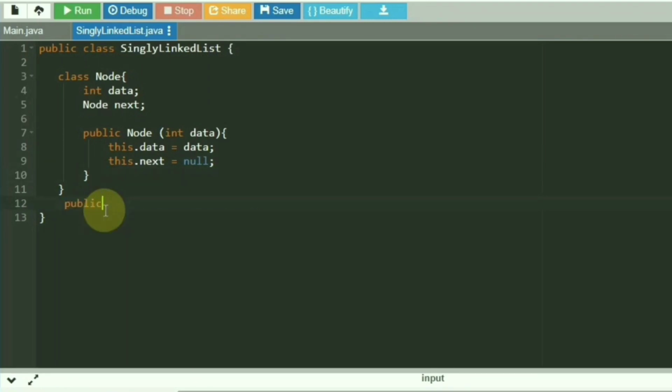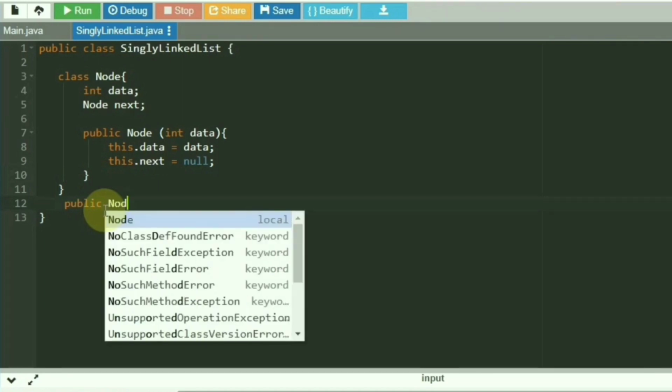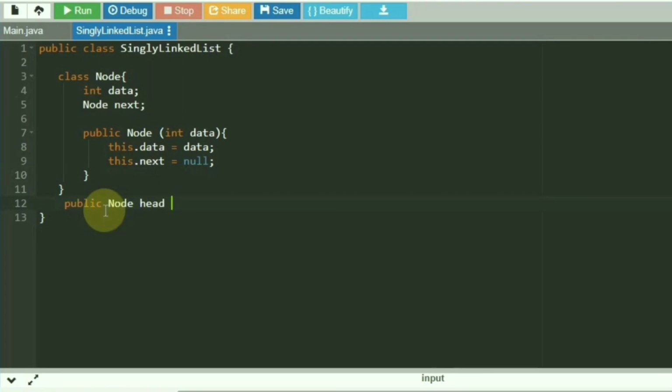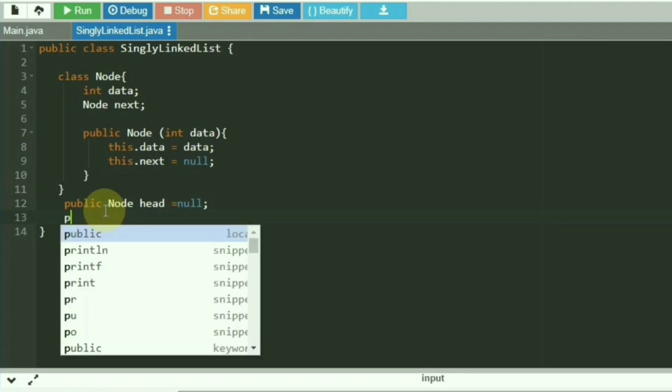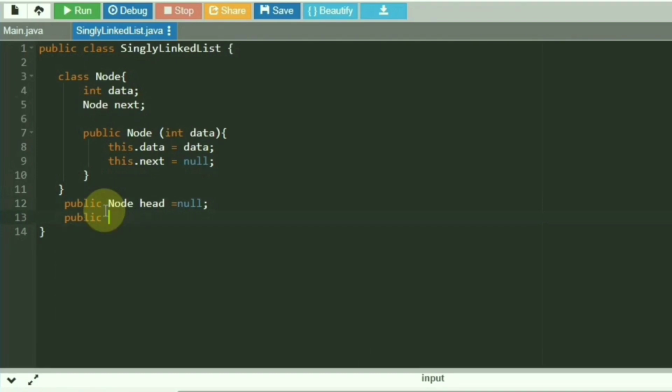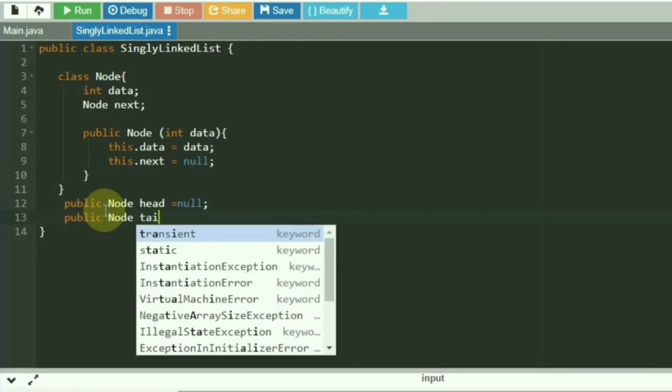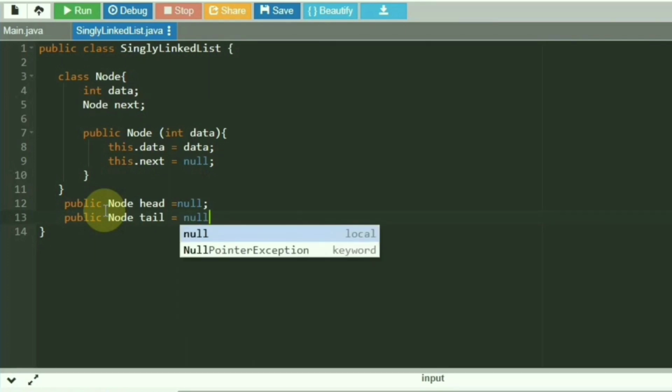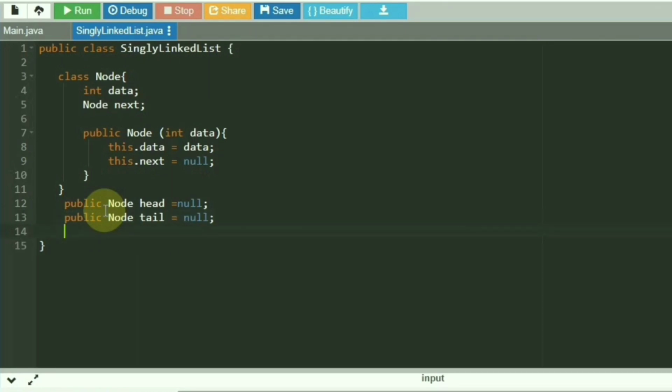And the next thing we need is your head and tail node. So we will be initializing them as null. Initially your list is empty and both of these are null. So now you are going to write a function for adding a new node into your list.